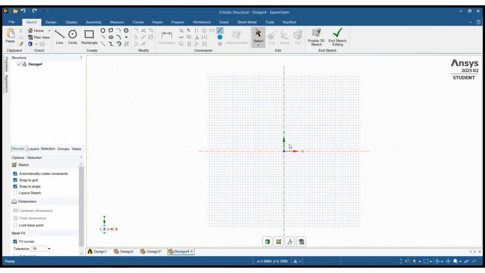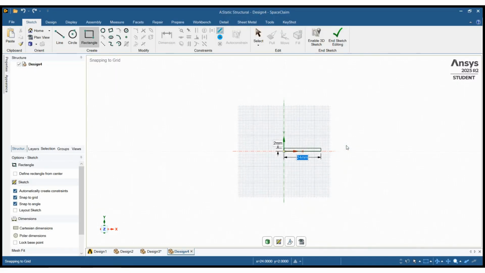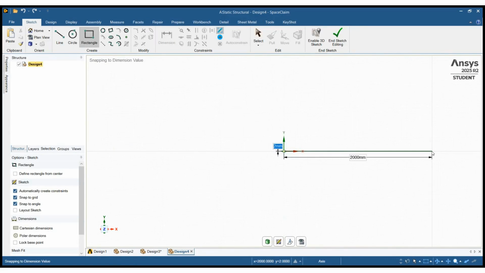I'm just going to make a rectangular beam, again 2 meters long. So I will click here on rectangle to make a rectangle. I will click on the origin, and the blue number highlighted on the bottom I can type, for example, 2000 millimeter, and hit tab, and by hitting tab it will go to the other dimension, and that I can specify, for example, 200 millimeter, and that will be the 200 millimeter depth.